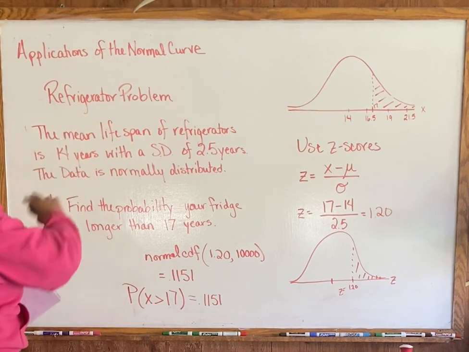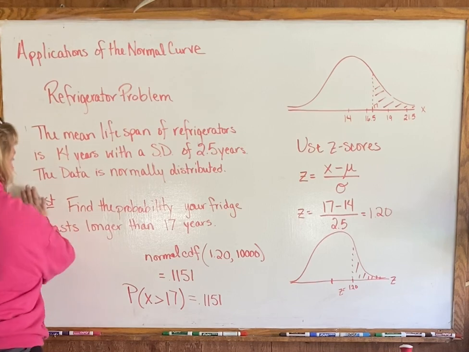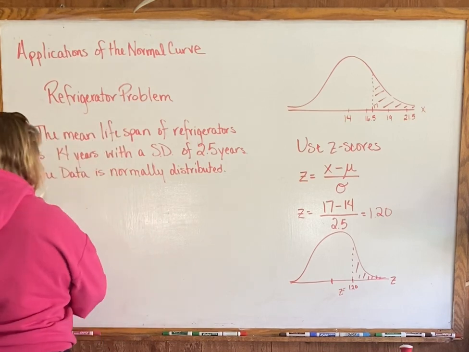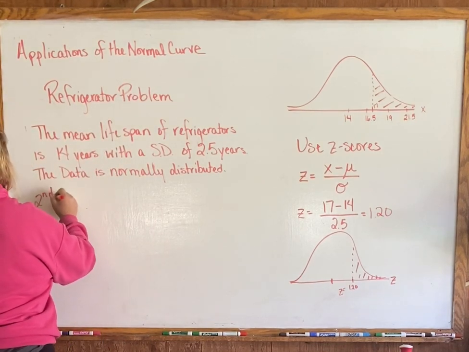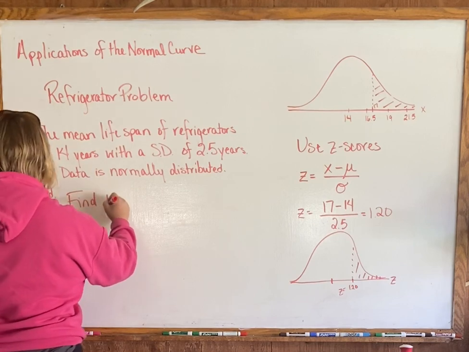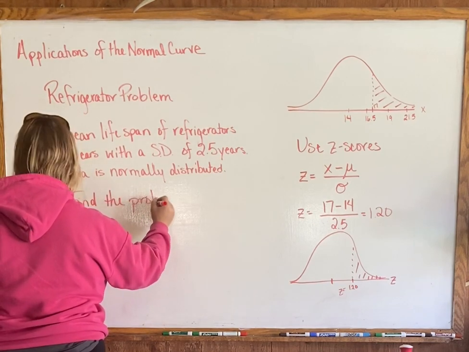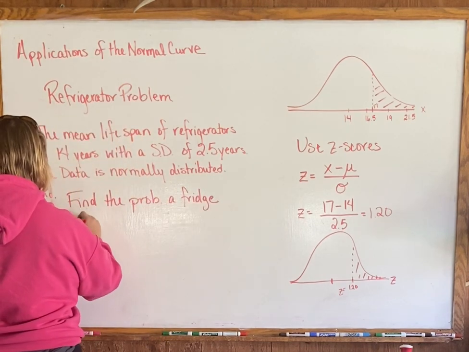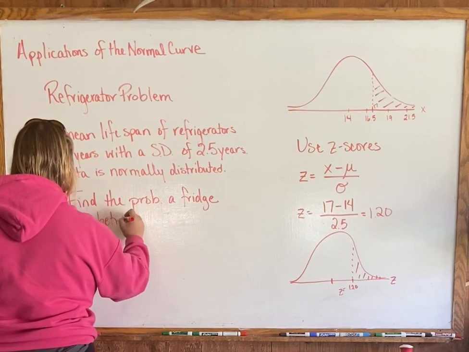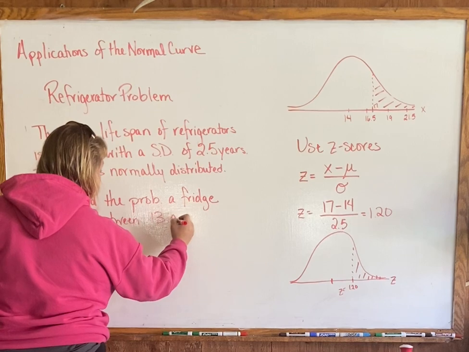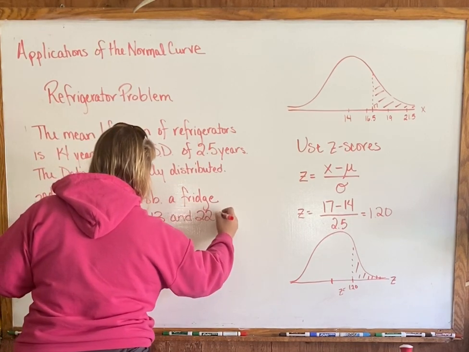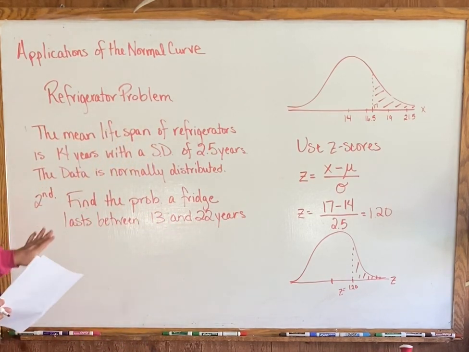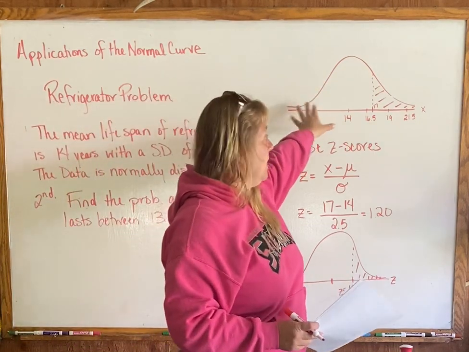Let's do another one. We're gonna still use the same refrigerator setup. I'm just gonna give you a new problem here. So here's our second problem. This one says, find the probability a fridge lasts between 13 and 22 years. Now, again, we could go up here and we could do this all on the real